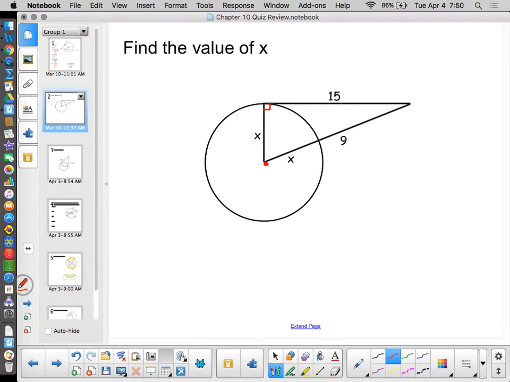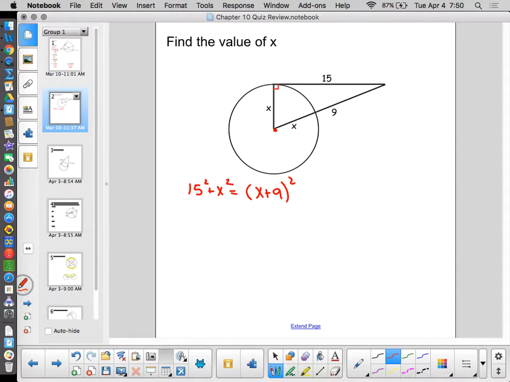15 squared plus x squared equals x plus 9 squared. Okay, and we did a couple examples like this in the homework, so this is not something that should be a terribly big surprise to us. But there are a couple things I have to remember. Here, I'm just squaring the individual values, so that's easy. 15 squared is 225